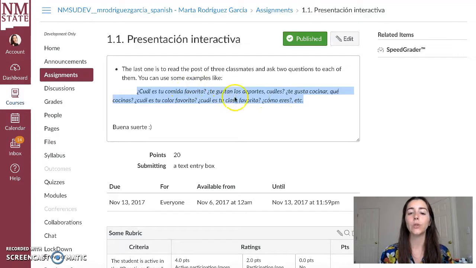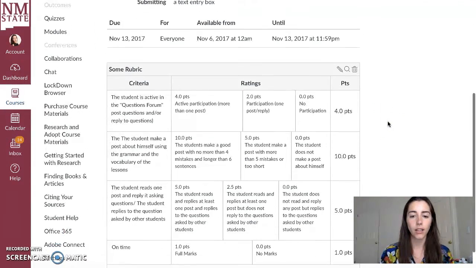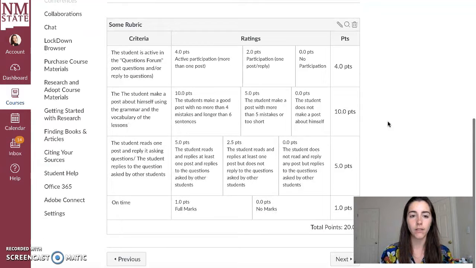So your favorite food, the sports that you like, what activities do you like, and so on. Here I created a rubric that I think I'm gonna be applying to many of the activities, because I think it's pretty clear for the students when they have something like that. So I'm grading them to